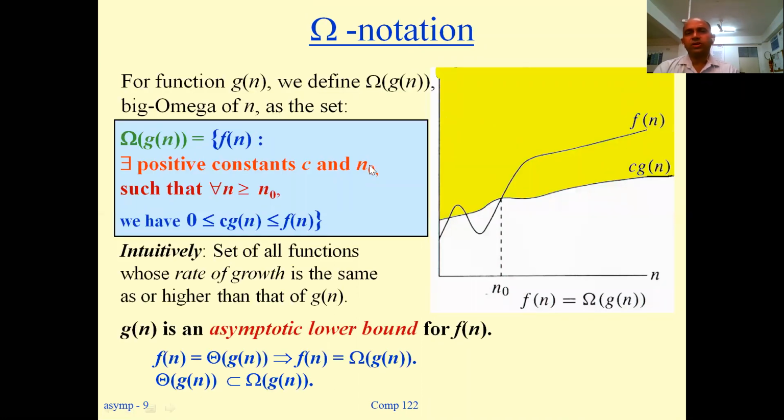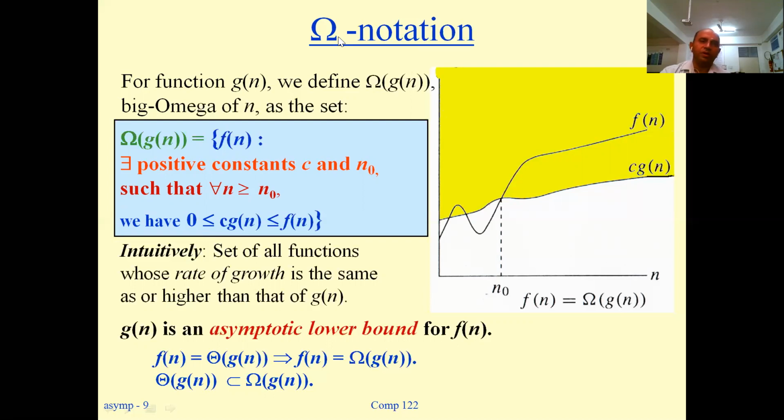Let's see another notation called omega notation. Omega notation is just the reverse of big O notation. In the picture diagram, you can see that c·g(n) is the smaller function, f(n) is the greater function, and n naught is the same here. We can say f(n) is equal to omega of g(n) if it satisfies the condition 0 is less than c·g(n), which is less than or equal to f(n). So it's a reverse relation